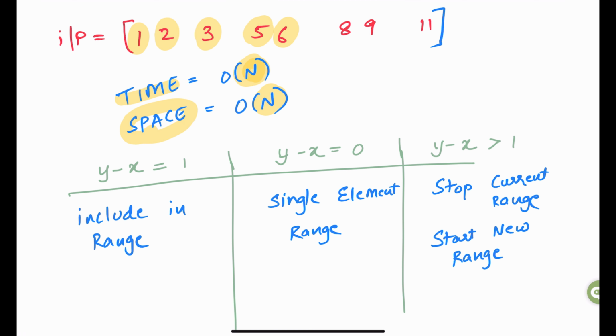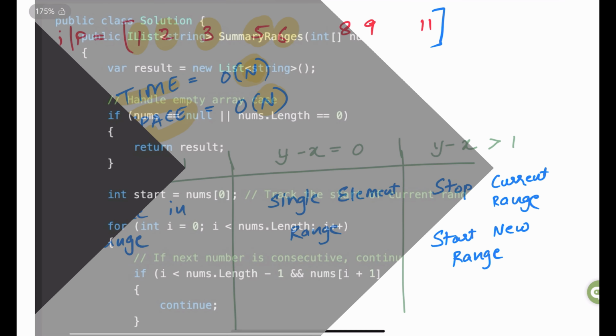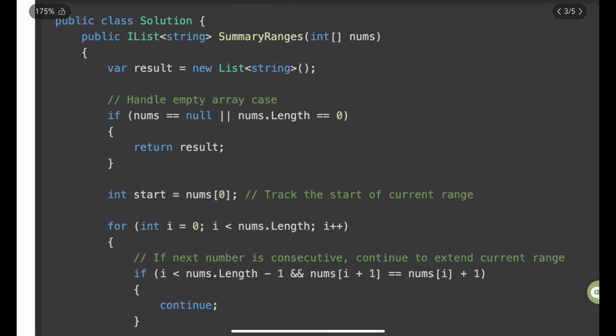Let me show you how we can implement this using C#. Here is the C# solution. I start by initializing my result variable, which will hold all of the ranges, and then handle a couple of edge cases to make sure that the input array is not null and its length is greater than 1. Post that, I'm initializing the start of the first range to the first element in the array,